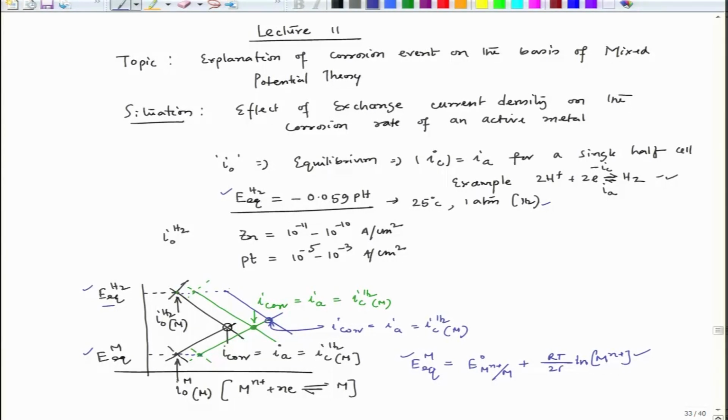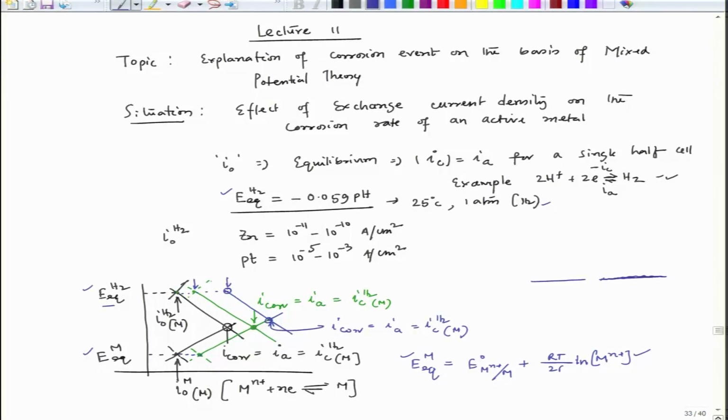But since we are changing the exchange current density, the same hydrogen evolution reaction is taking place on the metal surface of different texture or nature, but the same metal. We can change the texture of that particular metal surface, that means I am talking about the physical texture. For example, if a metal surface is like this, we can have a small perturbation on the metal surface like this. So, we can have a different I0.